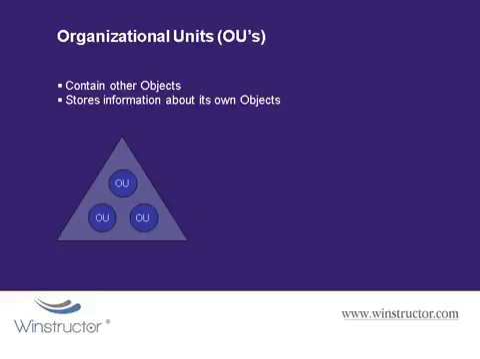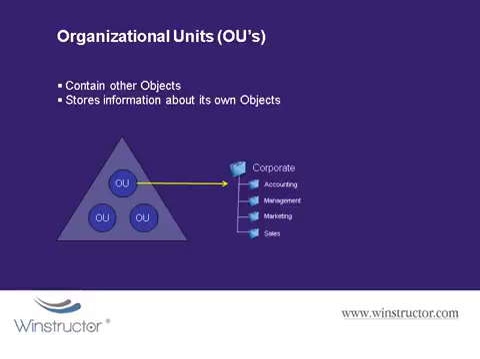OUs are just containers that are used to organize objects into logical groups. Now an OU can contain objects like user accounts or groups, computers, printers, and file shares, and OUs can also contain other OUs. OUs provide the most granular scope to which you can assign administrative authority, and they also provide a means for handling administrative tasks. So for example, here we've created an OU called Corporate, where we can create and store user